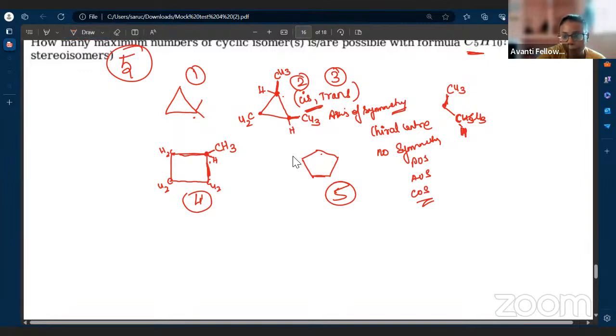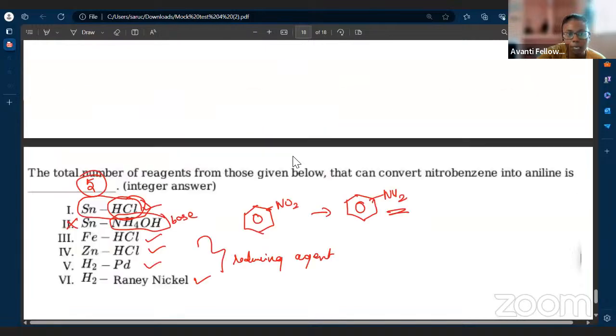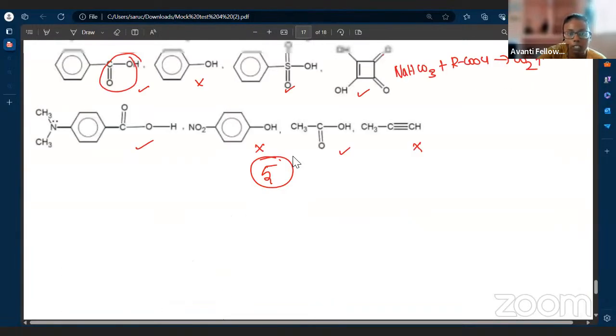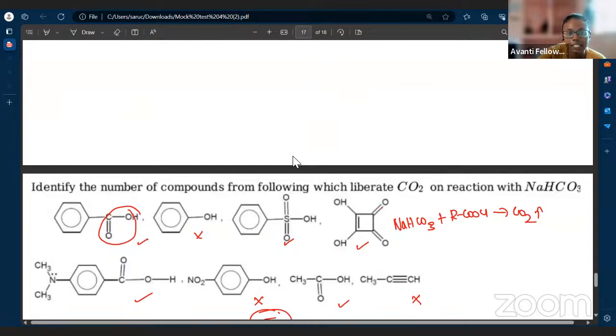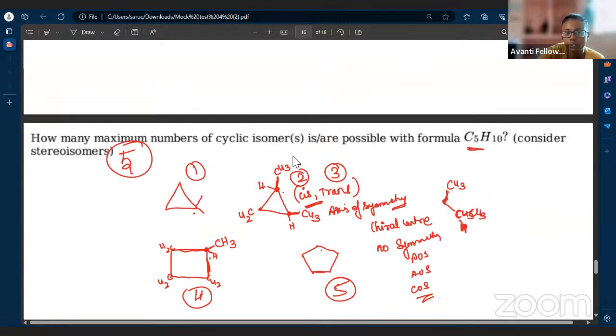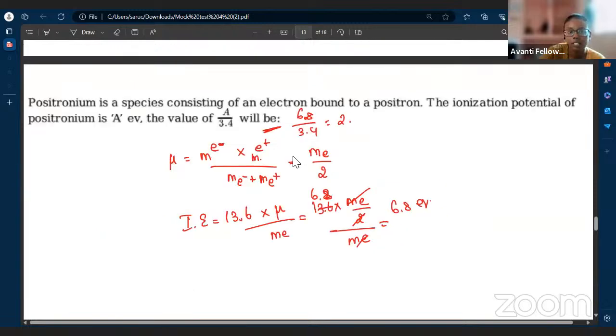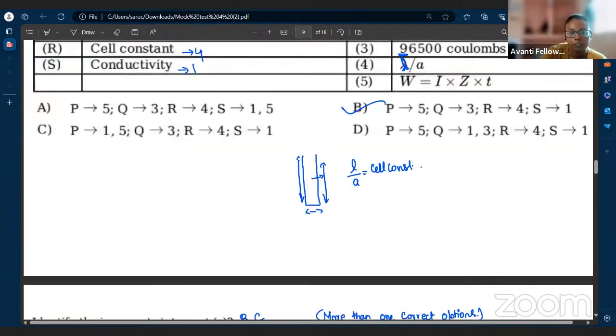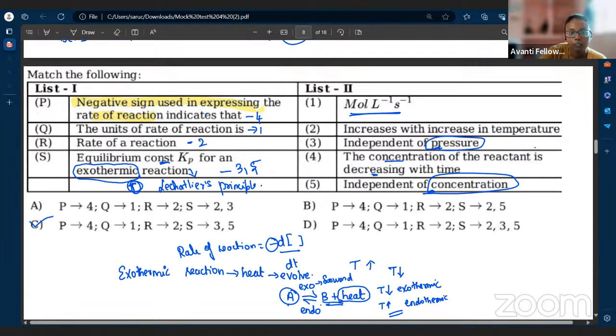So these are the questions in paper 1. We have no time to discuss paper 2. I'll stop here and I'll send this PDF in the group. Go through this PDF once again. And for tomorrow's class, wait a second, I'll check which chapter we'll be discussing. Go through the chapter once and we'll be discussing the questions alone here.